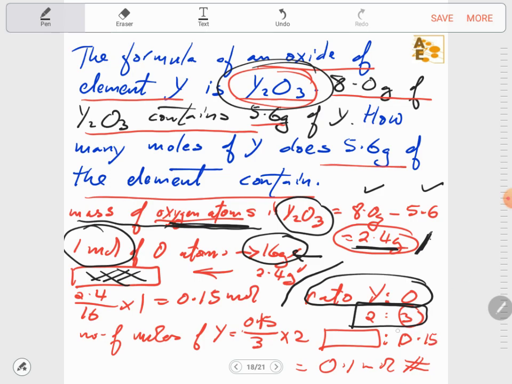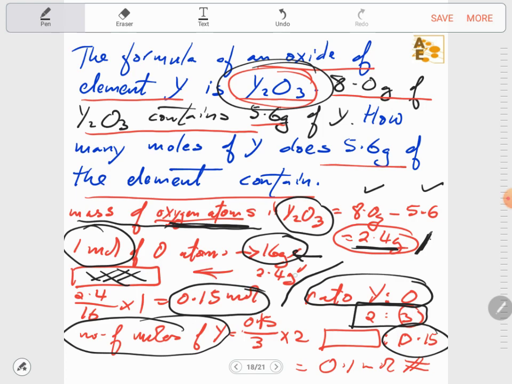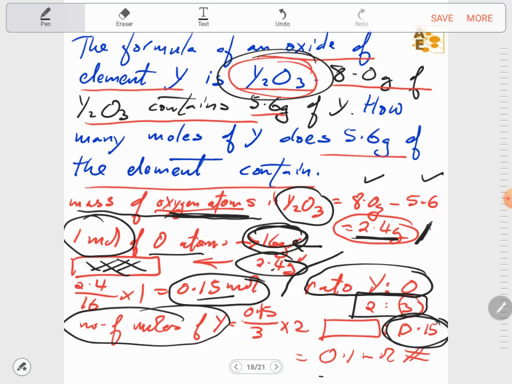So we have to find the number of moles of oxygen first. It's 2.4 divided by 16, because 1 mole of oxygen atoms is 16 gram. That will give you 0.15. So 0.15 will be divided by 3 times 2, that will give you the number of moles of